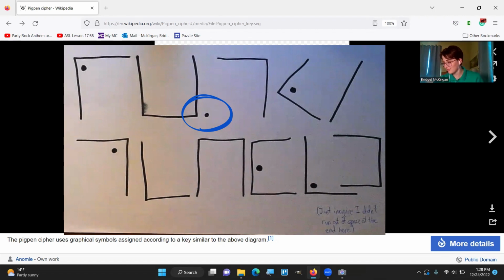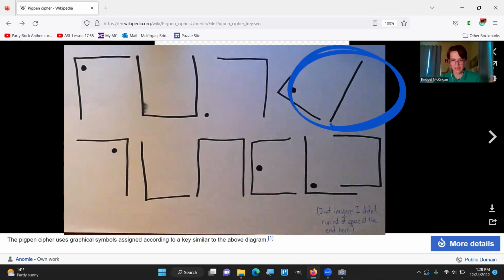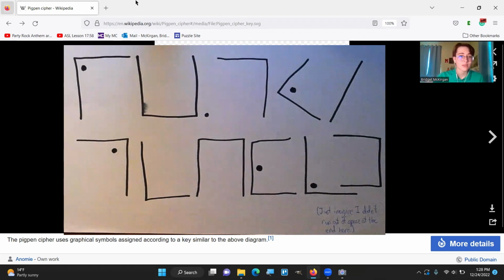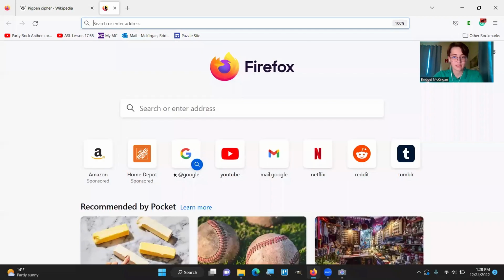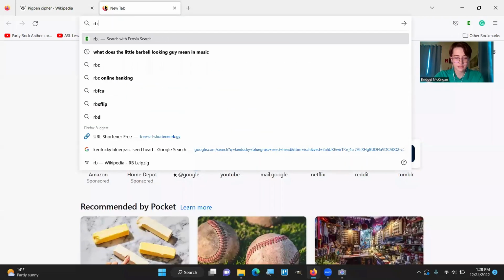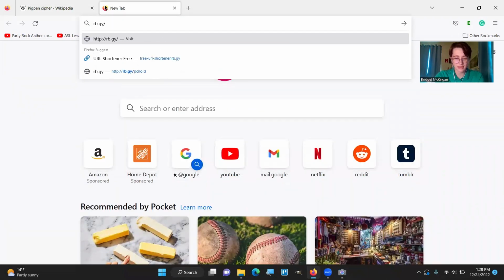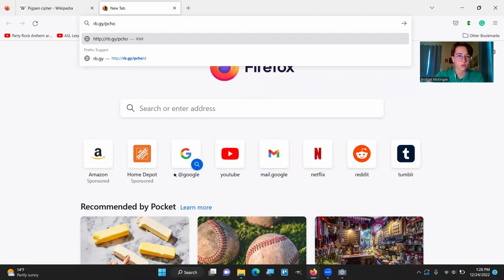And then you go and there's a weird slash that isn't in Pigpen. That's because it's just a backslash. So when you completely decode it, you should get rb dot gy slash pchold,